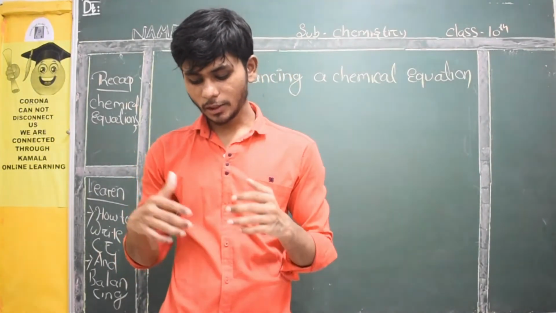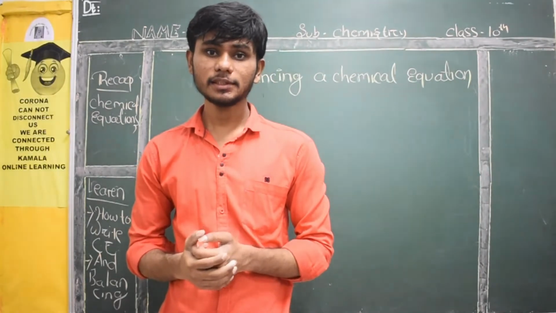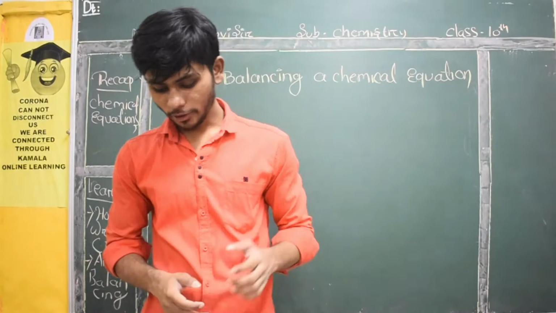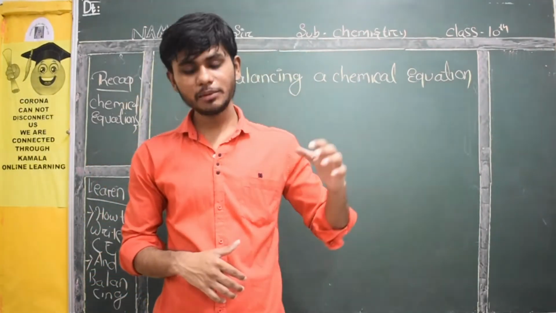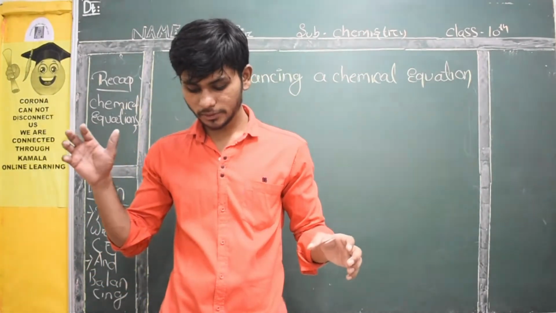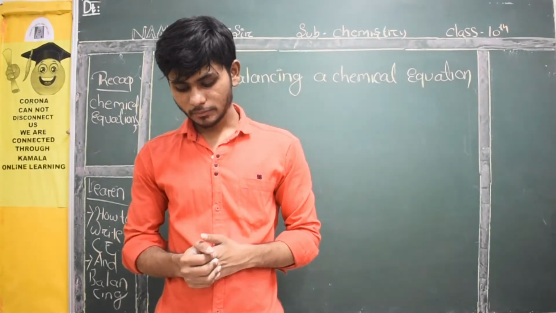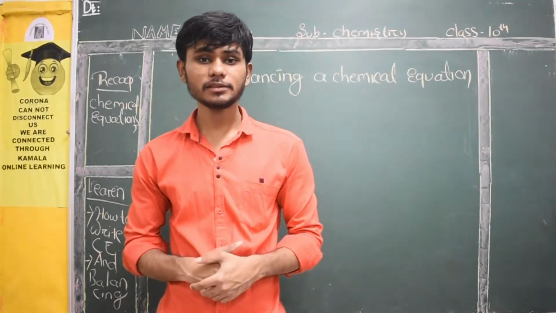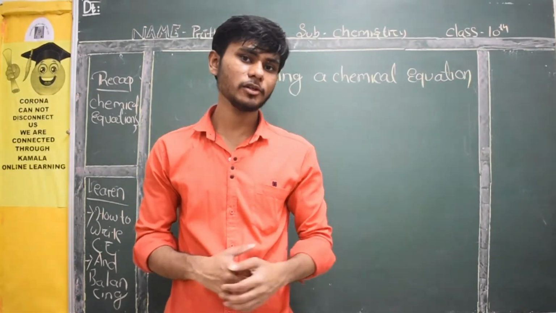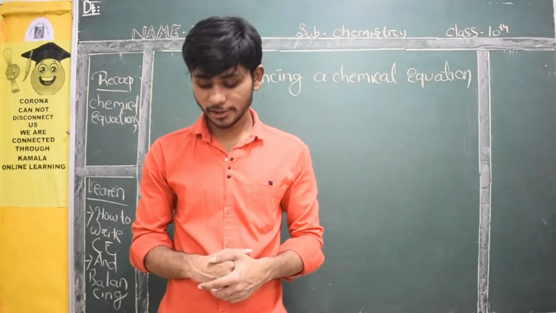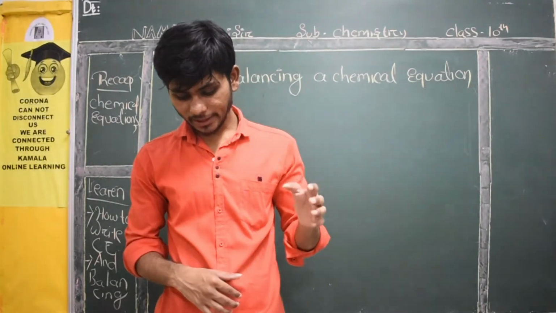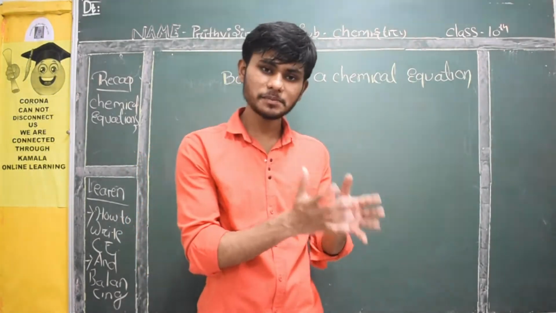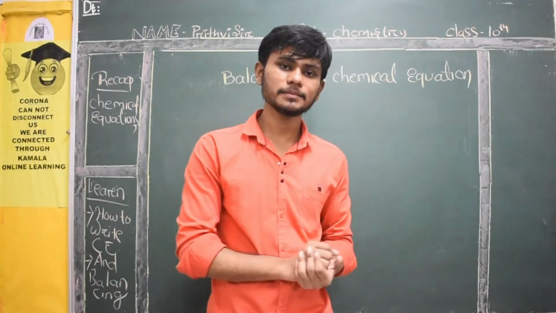According to the law of conservation of mass, the reactant side is always equal to the product side. The total mass of the product side is equal to the total mass of the reactant side. Atom is the smallest particle of an element that takes part in the chemical reaction, so it is the atom which accounts for the mass of any substance.